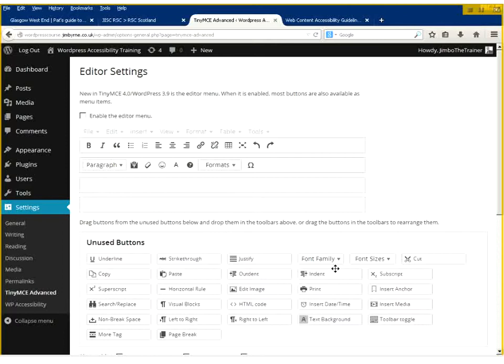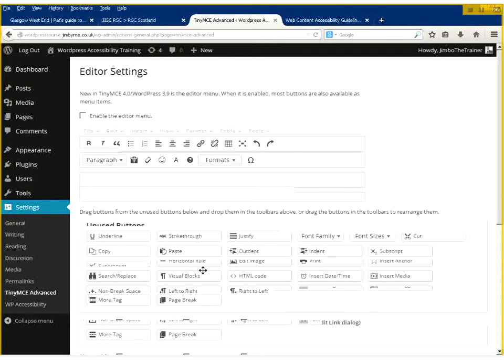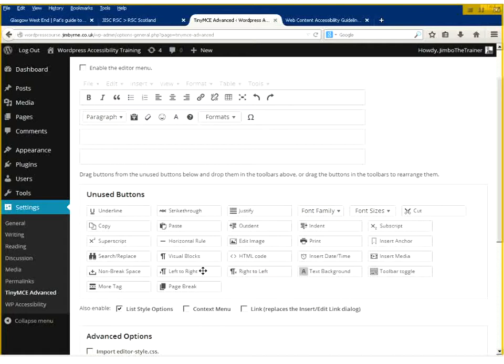Some of the other things I took off were things like the colour. You colour the fonts. You don't want to have all sorts of colours on your pages. I took off, what else did I do? Strike through, underline, stuff like that. Things that you might use once in a blue moon, but probably not. I took off toggle toolbar because people probably don't know what it is. They might click it, and they don't need it. I took off things like more, which again people probably don't know what it is. They won't need it. I took off indent and outdent.